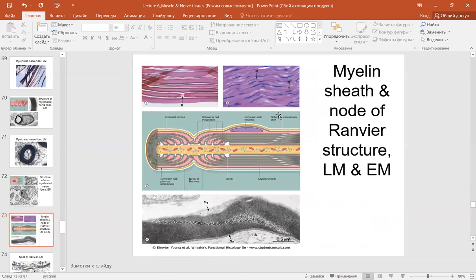Here, myelin sheath and node of Ranvier structure and light micrographic representation. Here, node of Ranvier and myelinated segments of myelin. Here you have the schematic representation of the Schwann cell nucleus, Schwann cell duplication of plasma membrane